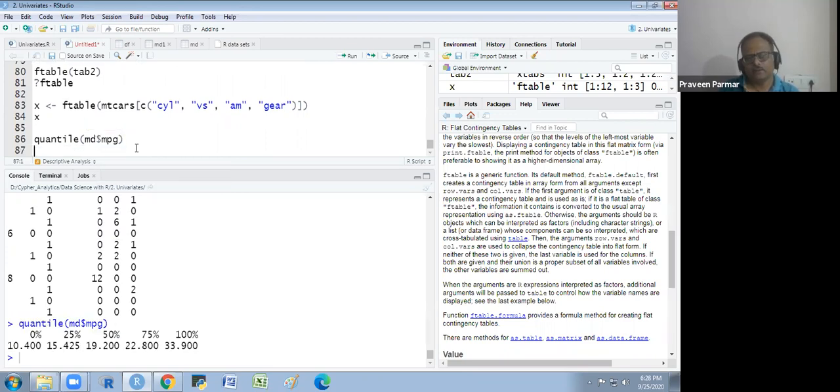So you will get 0%, 25%, 50%, 75%, 100%. 0% is the minimum value, 25% is the first quartile, 50% is the median, 75% is the third quartile, and 100% is the maximum value. Does that make sense to everyone? Yeah.